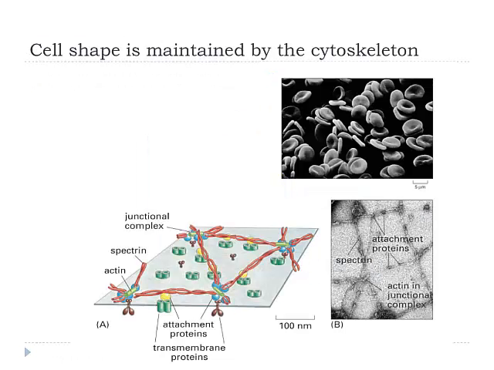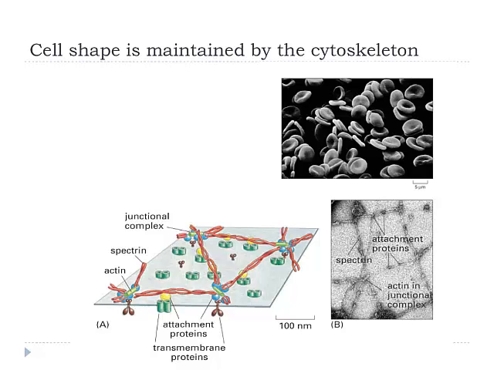Also, cell shape can be maintained by membrane-spanning proteins. These are of a different type, the attachment proteins that can attach to transmembrane proteins. So these transmembrane proteins can hold on to other proteins just inside the cell, under the surface of the plasma membrane, and hold a whole network